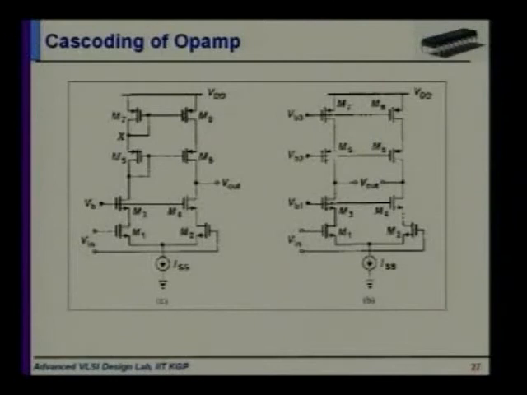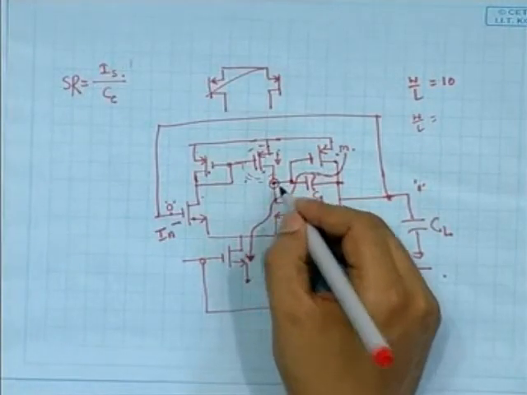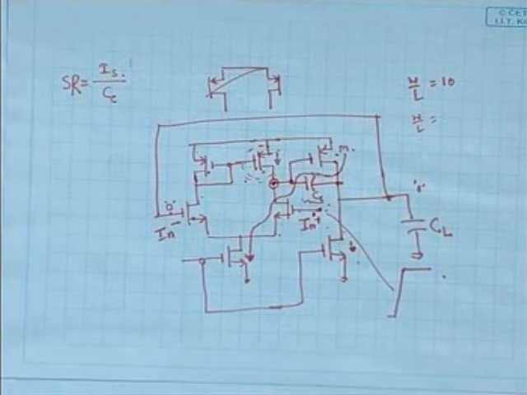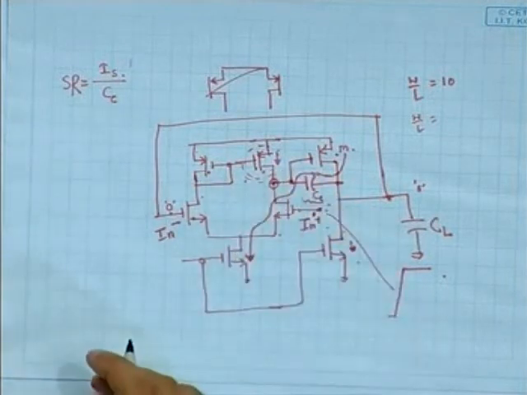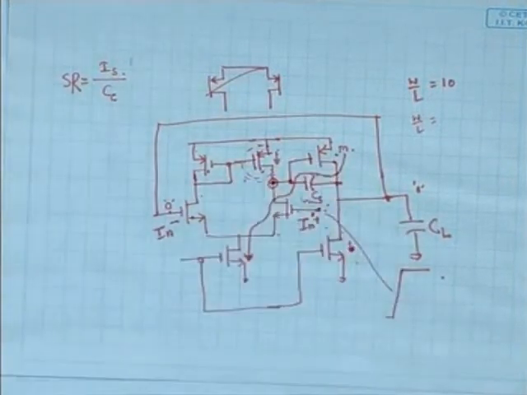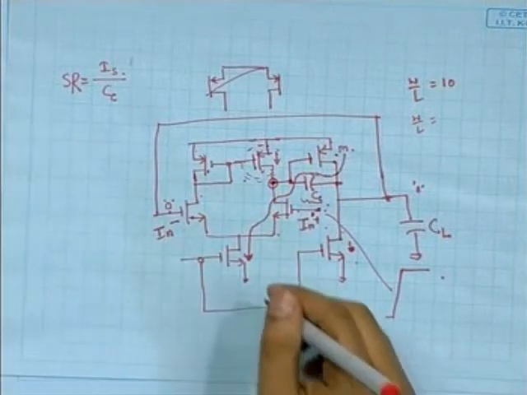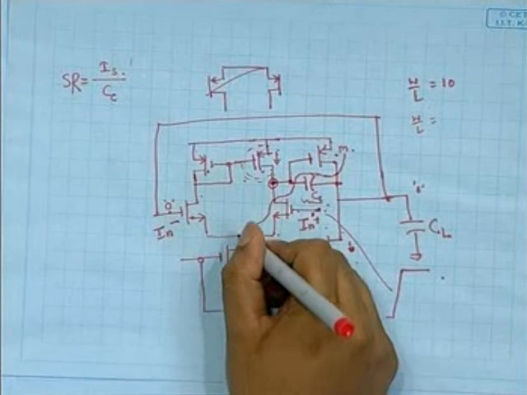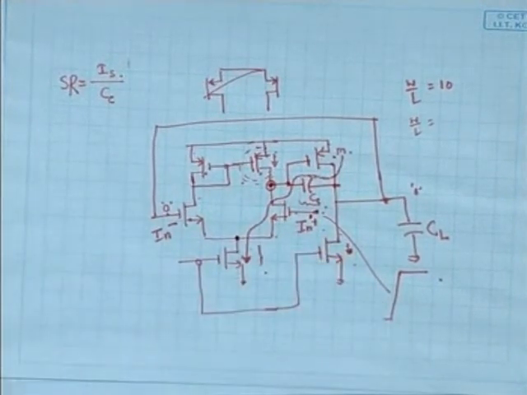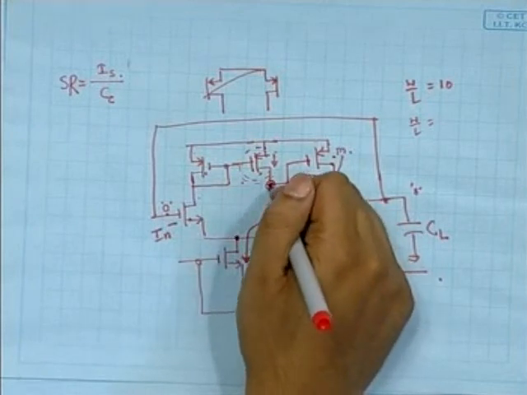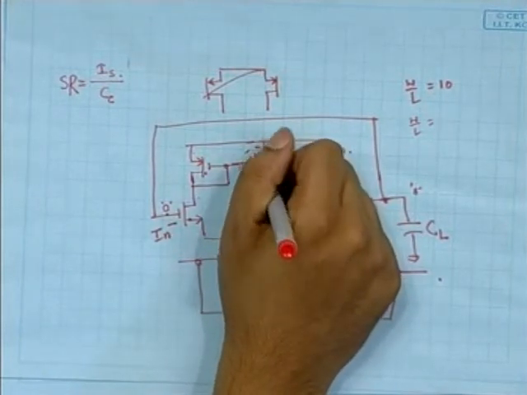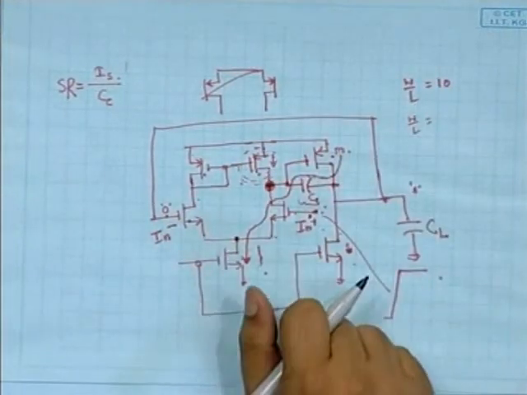You see, in the simple two-stage circuit, there was only one PMOS load. Thus the maximum output voltage of this node would be VDD minus the VDS drop of these two transistors. So this is the voltage up to which you can operate it. Again, for the lower one, this point voltage will be restricted by this VDS drop. Now you are adding cascode, adding another transistor, so the VDS drop becomes twice, so the swing will get limited.